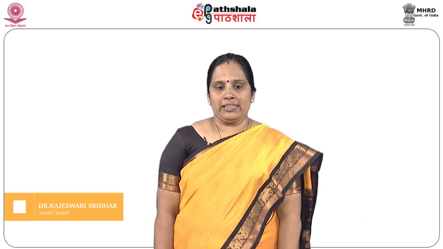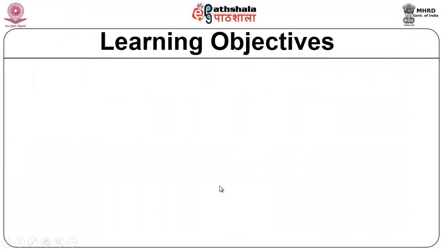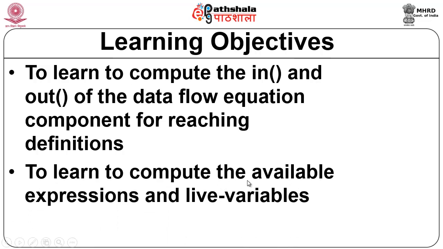We are on module 37 of the paper compiler design, where we will talk about iterative data flow analysis. The objectives of this module are to learn to compute the in and out of the data flow equation component for reaching definitions, and to learn to compute the available expressions and live variables in the context of data flow